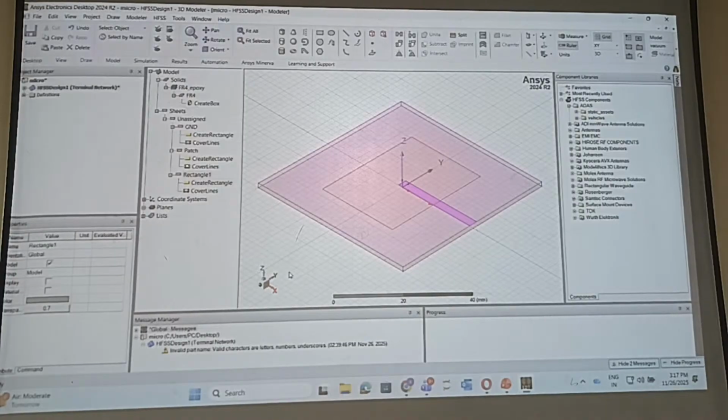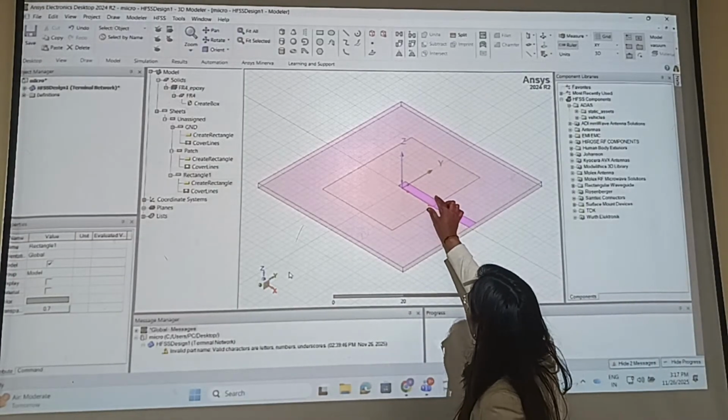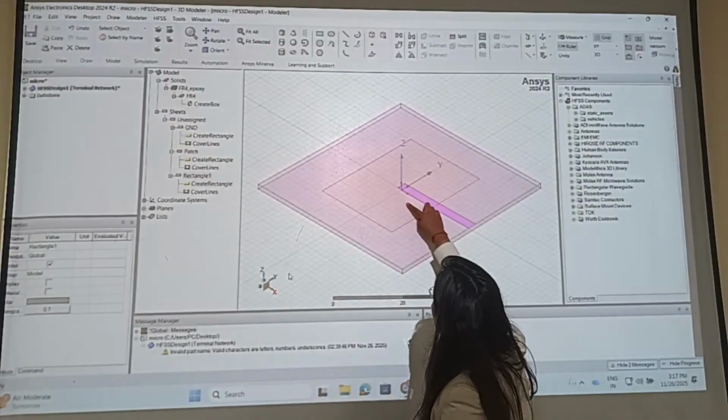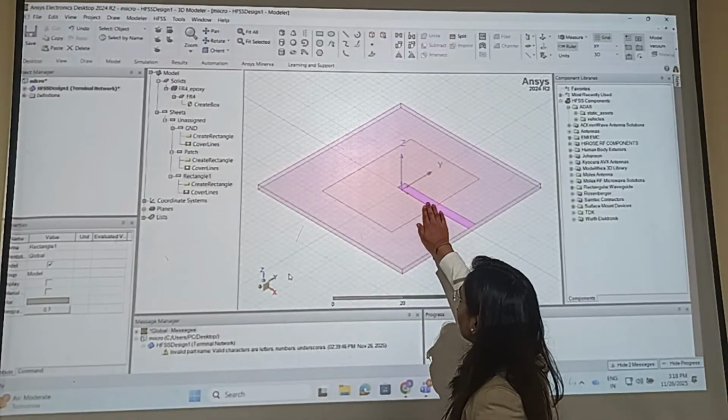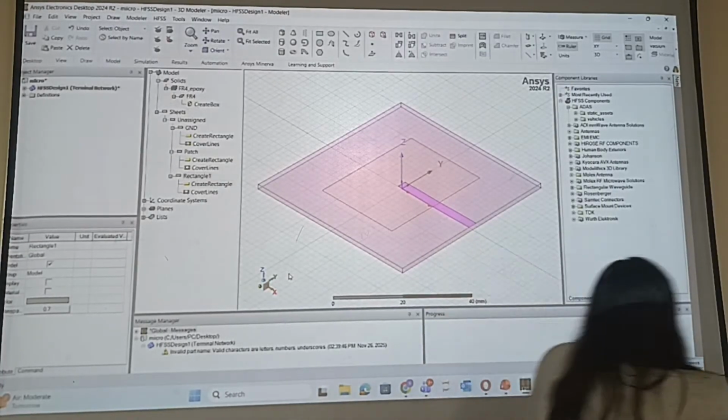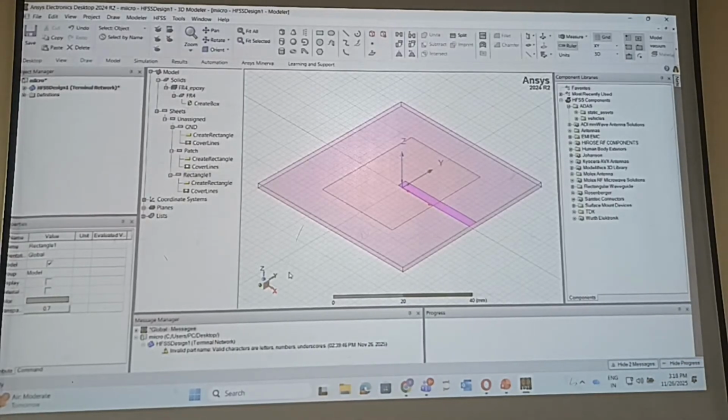Now we have to create the inset feed. At this place we have to again create one rectangle, and that rectangle we are going to remove from the patch. Boolean function we will use. So for that purpose,